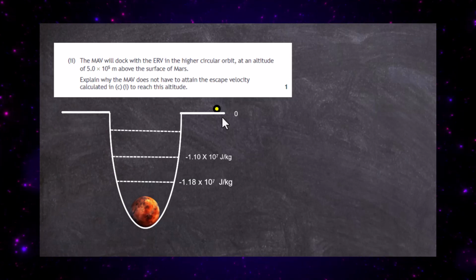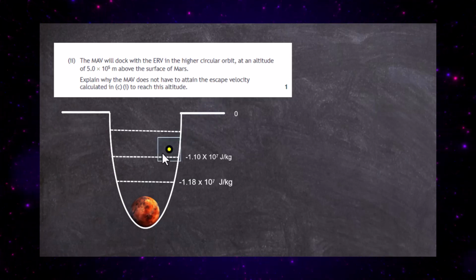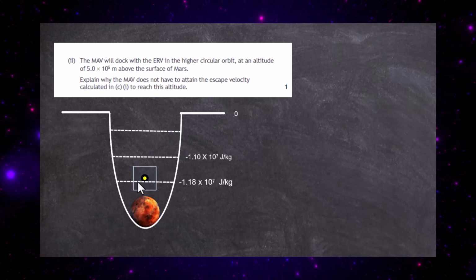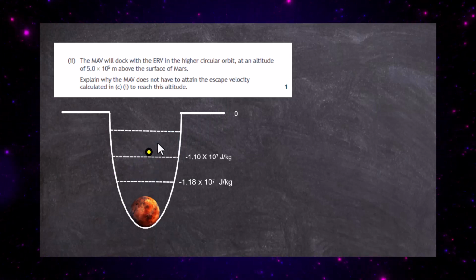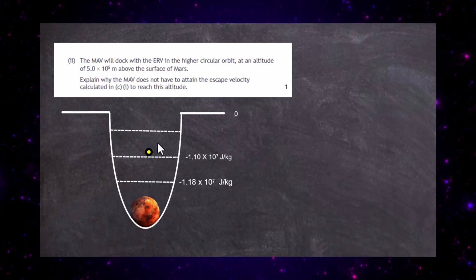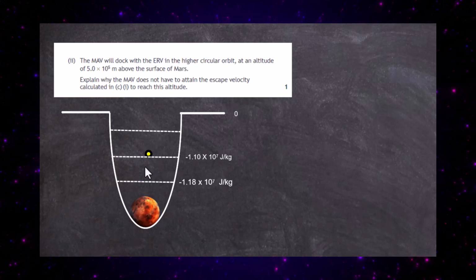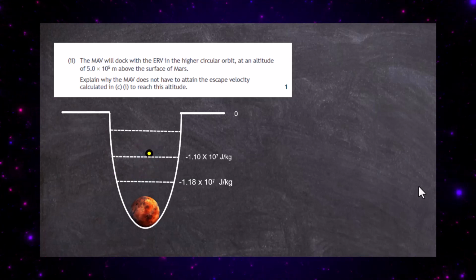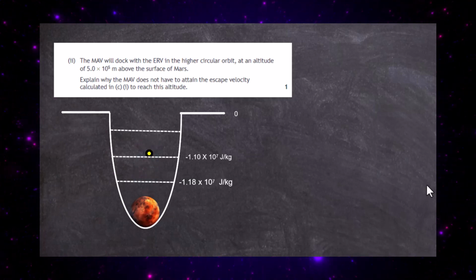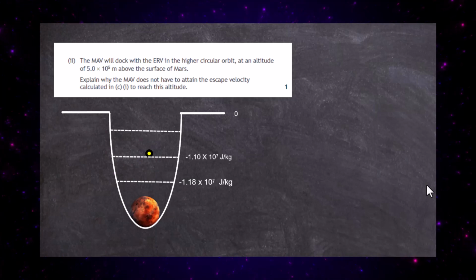But we're not going to escape the gravitational field of the planet. We're only going from one orbit up to the next, so it won't require the escape velocity. It might require a bigger velocity to take it from the lower potential to the higher potential. So the answer for just simply 1 mark is it doesn't need to have as much as the escape velocity,